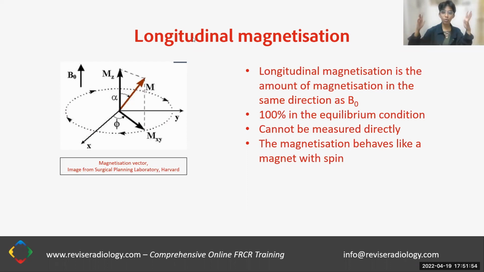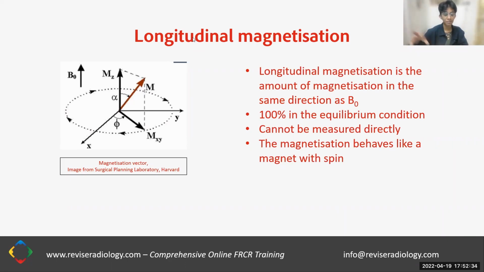And now we come to the nitty-gritties of measuring the signal. There's two important terms that we discuss here. One is the longitudinal magnetization, and the other is the transverse magnetization. We know that magnetization is the overall magnetic effect of all the protons. These terms, longitudinal and transverse, refer to the direction of the overall magnetization. Longitudinal magnetization is the amount of magnetization in the direction of B naught, which is a strong static external